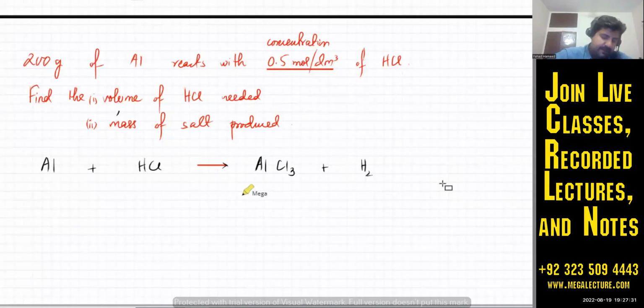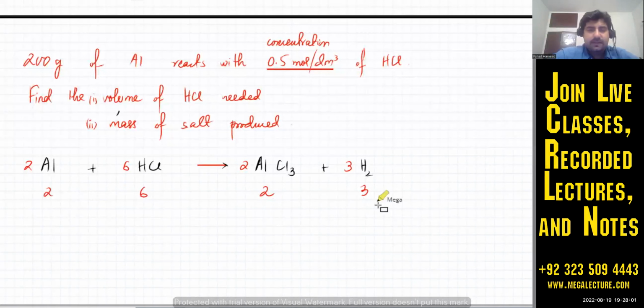And that's your equation. इसको balance करना है. You're going to balance this. It's going to be 2 AlCl3s. That's 6 Cls. 2 Als over here and 3 H2s. Okay, so the equation is balanced now. Anyways, let's assume that the equation is already given to you. अच्छा रेशियो पता लग गया, 2 reacts with 6 and ends up producing 2 of this, 3 of this. इसको find out करना है कि